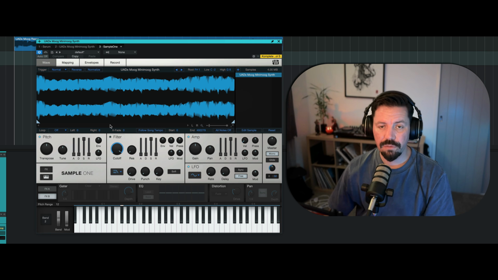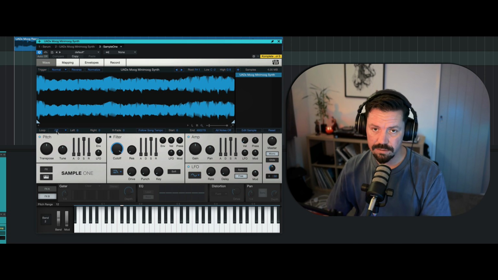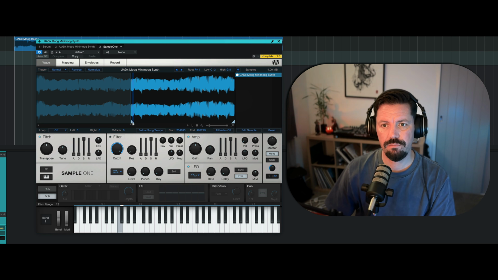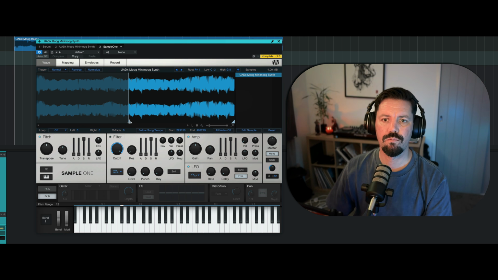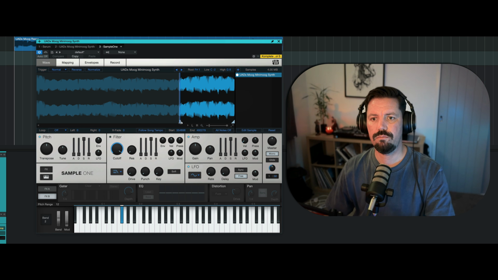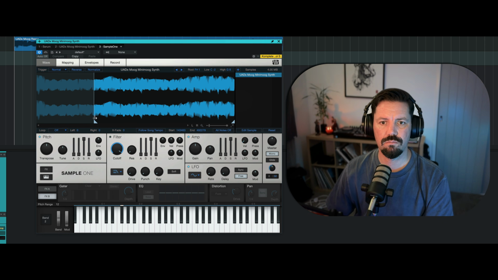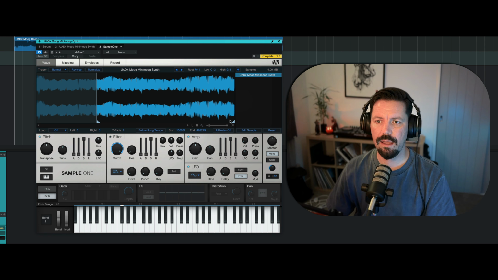And the thing that we can do with resampling this is we can either play it as is, like just playing through the note that we've recorded, or we can change where it starts. That's quite cool there. And then what I'm going to do is draw this back,